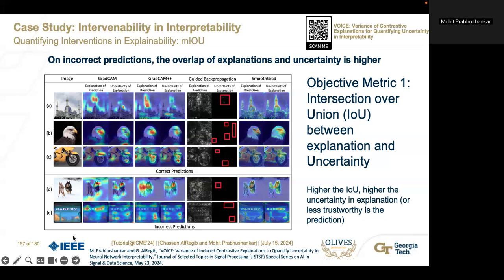between the two things. Same case with here as well. This bakery was also incorrectly predicted. And what you'll notice is that, at least in GradCam++, it's clearer. The same region that is used for explanation is now used for uncertainty as well. In fact, if you look at this, it was a correct explanation for the bald eagle. For GradCam, you'll see that it's uncertain about regions around the region that it is most certain about. So you can calculate some kind of scores between them, in this case, a mean intersection over union between explanation and uncertainty, in order to get the best kind of uncertainty between the two things. Now,